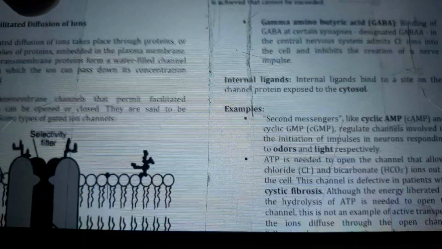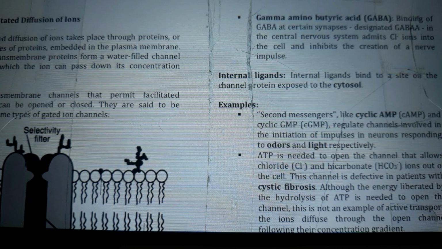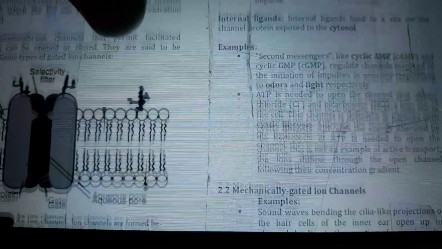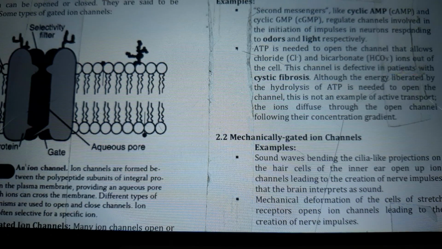Now, number 2 is facilitated diffusion of ions. Facilitated diffusion of ions takes place through proteins or assemblies of proteins embedded in the plasma membrane. These transmembrane proteins form a water-filled channel through which the ion can pass down its concentration gradient. The transmembrane channels that permit facilitated diffusion can be opened or closed. They are said to be gated. Some types of gated ion channels